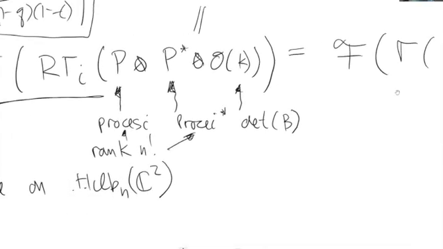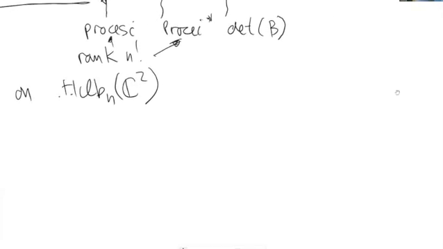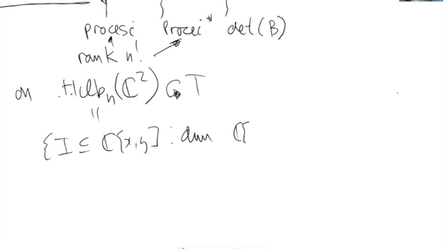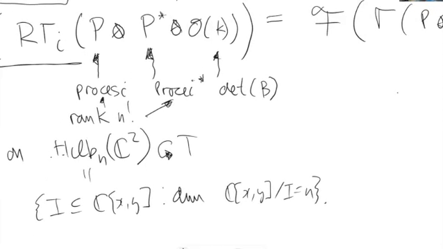I should say what all of this is, and why it's useful. Just to say something about these bundles: the Hilbert scheme has this torus action. The Hilbert scheme is the set of all ideals in C of X and Y with the property that the dimension of the quotient, just as a vector space, is equal to n. But then there are these special ideals which are generated by monomials, the fixed points. And what these bundles are is the ones whose restriction